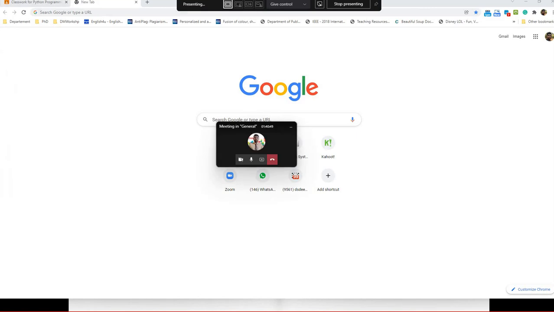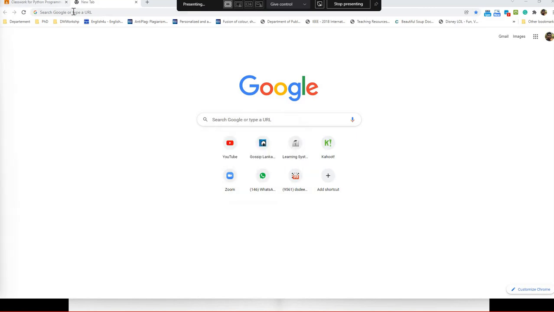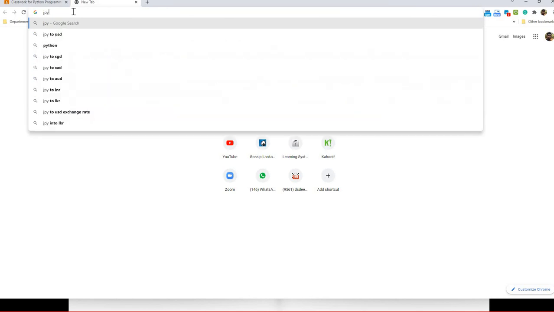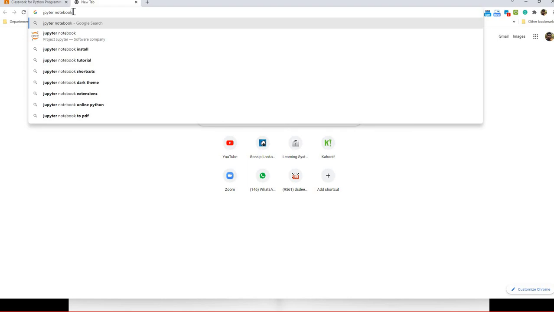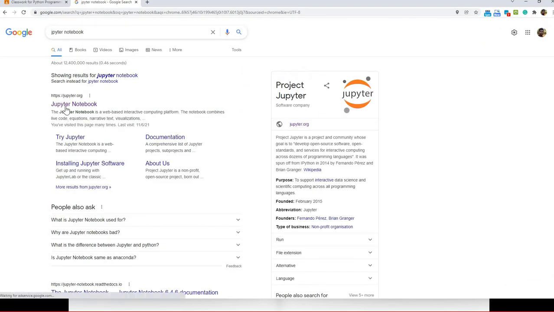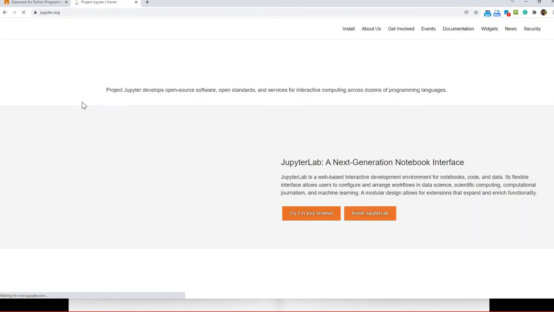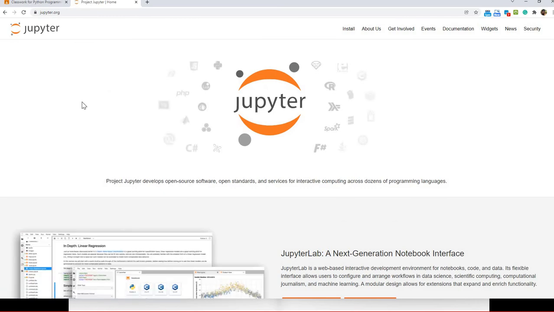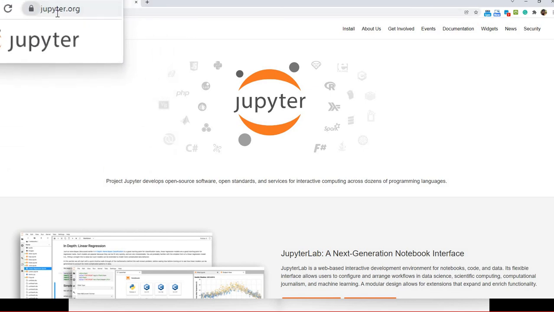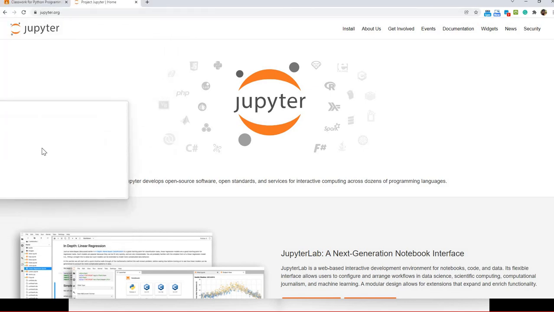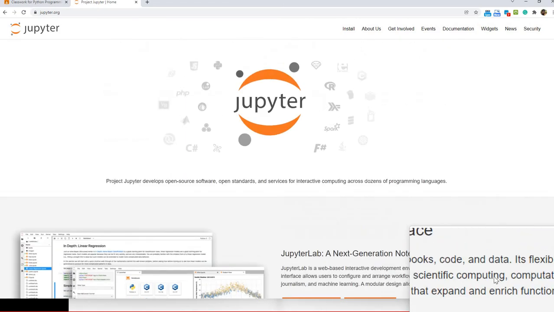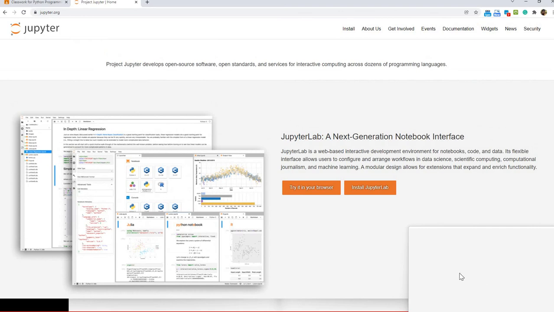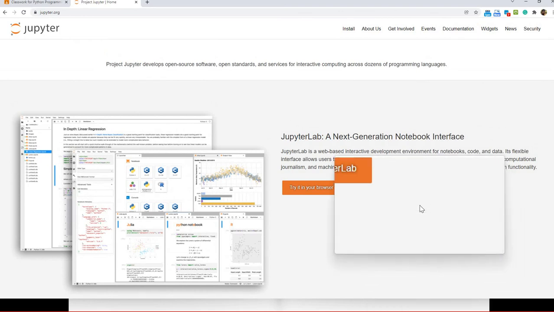If you go to Jupyter Notebooks, you can visit this website, Jupyter.org. These Jupyter Notebook interfaces are quite common nowadays. Actually, the newest version is called JupyterLab, which will actually support